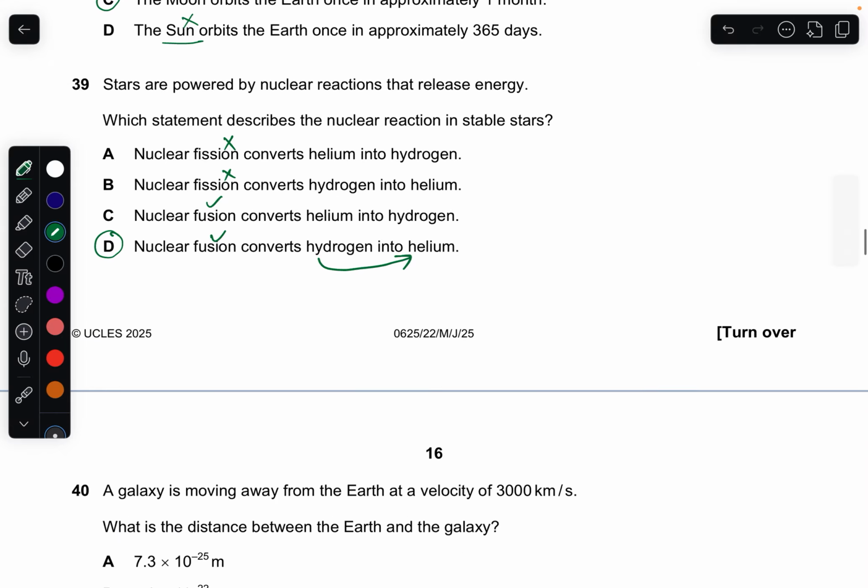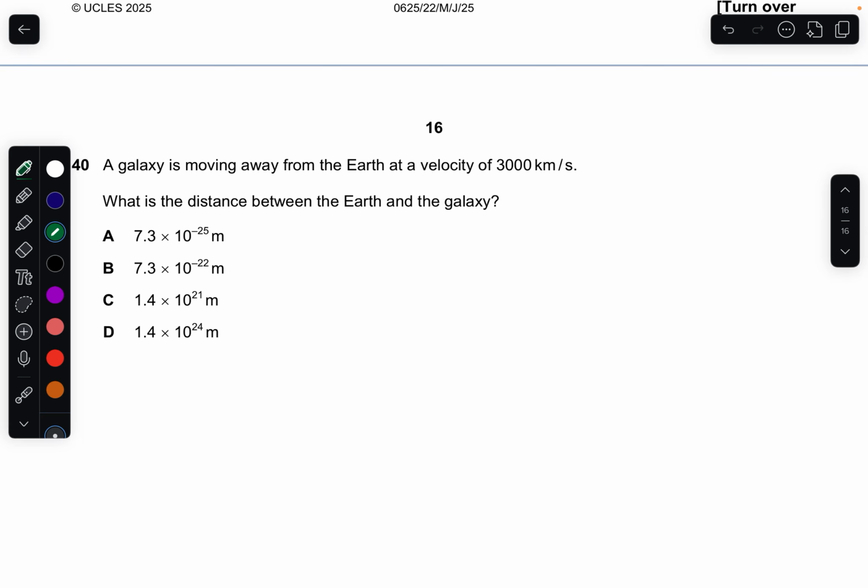In question 40, the last question of this paper, a galaxy is moving away from the Earth at a given speed. What is the distance between the Earth and the galaxy? Whenever there is a question on the expansion of the universe like this, you have to use the Hubble constant. H naught is equal to v by d. You have to find d. D is v by H naught. Velocity you have to convert into